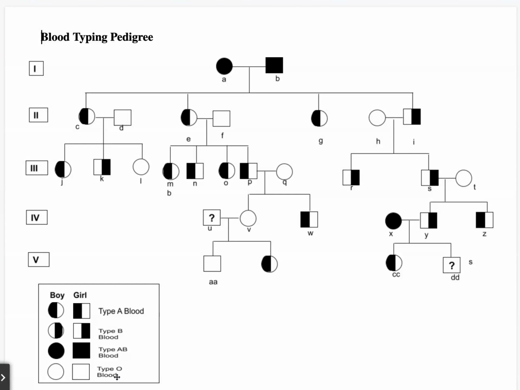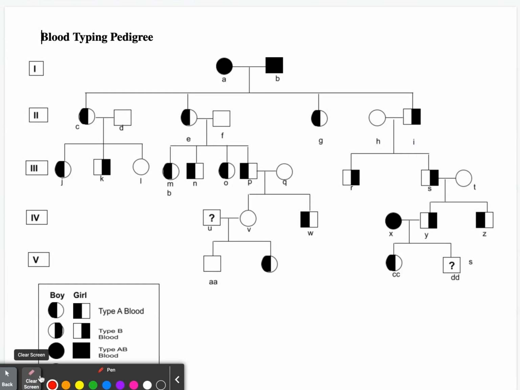So pedigrees are a family tree that show a trait or a characteristic that we've been studying. This pedigree that I have here is obviously for blood typing. Now let me give you a little bit of an overview, to orient you to this